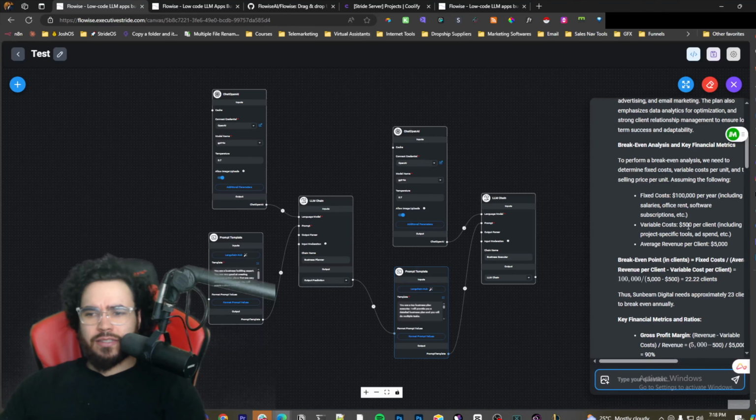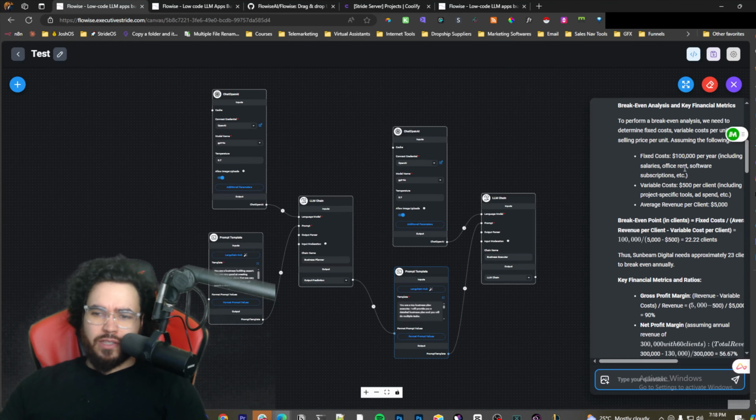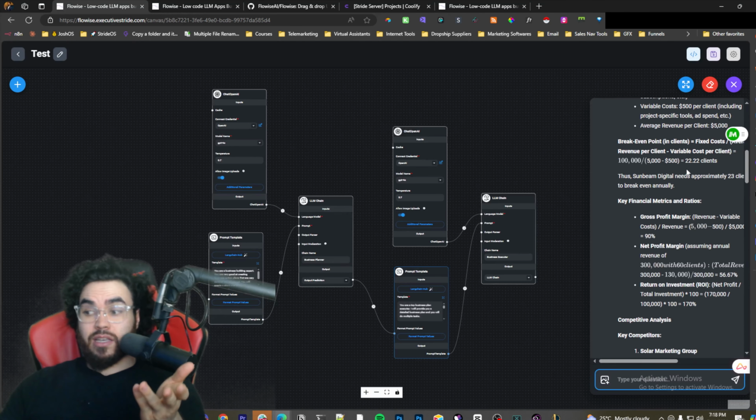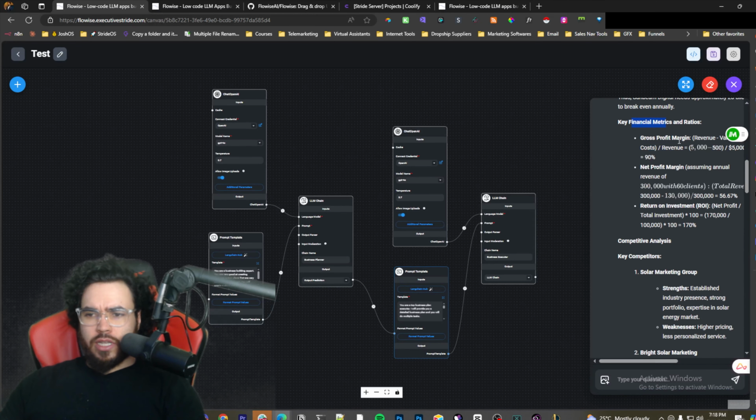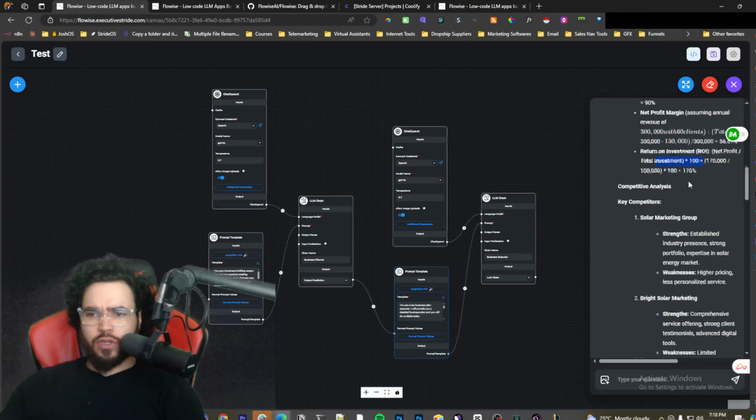See, I didn't give it any of this stuff, right? This is just for the sake of showing you the concept. I wouldn't actually use this in anything, especially these prompts. I wouldn't just give vague things and expect it to come up with numbers and all this stuff. But as you can see here, it did some financial metrics and calculations for gross profit margin, net profit margin, return on investment,